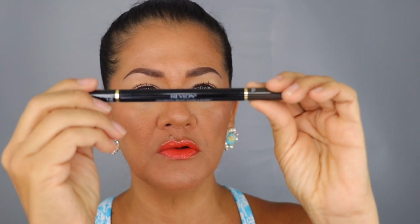The following is an updated way of how I do my brows using this Colorstay Brow Shape and Glow by Revlon. This one right here. This is something new that came out, and this is what I have. And if you want to see what I do in order to get the look that I have right now,